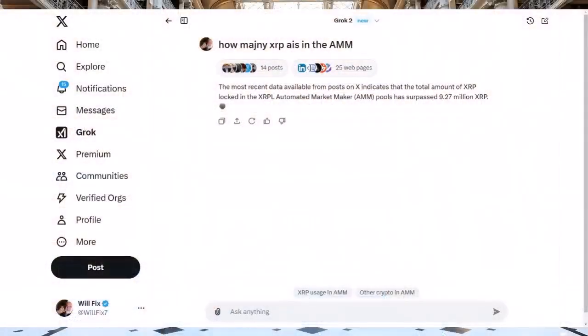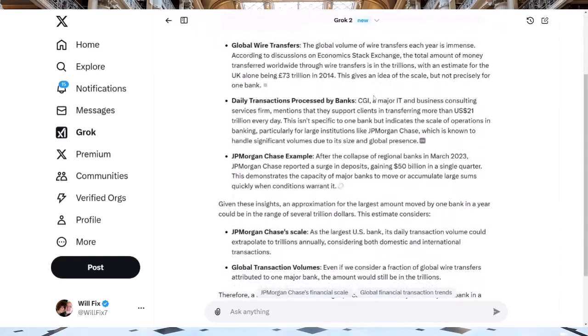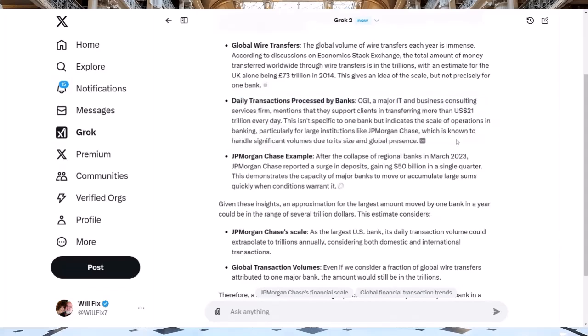Well, take a look at this. So another question I asked Grok, but this information is reliable. Look at this. Daily transactions processed by CGI, a major IT and business consulting firm, mentioned that they support clients, that's multiple, right? Plural, in transferring more than $21 trillion every day. Okay. Well, let's pretend for a second that only 3 of those banks that do $21 trillion a day come to the table and want to use XRP to move that money. Just 3,